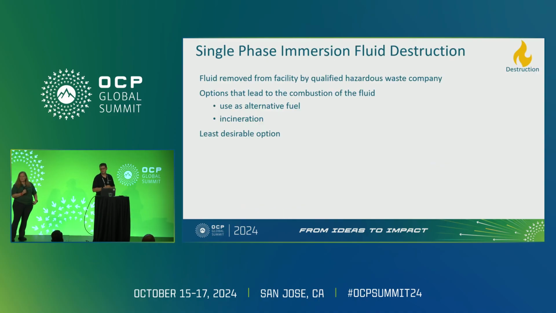All right, so let's get into some terminology. To ensure that we're all aligned on the same page, we need to define common terminology. For the single-phase solution, the least desirable option for the fluid at the end of life would be a destruction option. This would be the highest carbon cost for that fluid. You would bring in a qualified waste hauler, and they would either incinerate the fluid or use it for some other fuel application. Essentially, we would combust those hydrocarbons, and they would no longer be available for reuse. Again, this is the least desirable option, but it's going to be out there because not everyone will have the means to recycle or